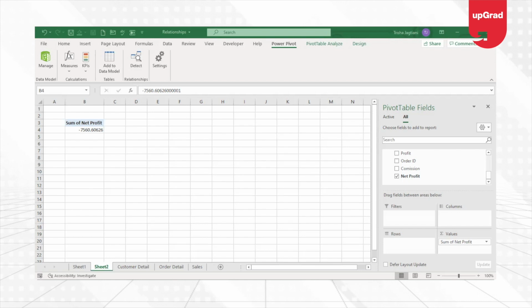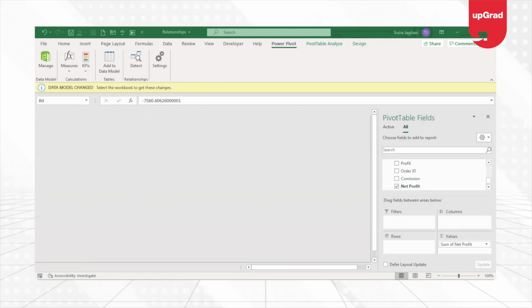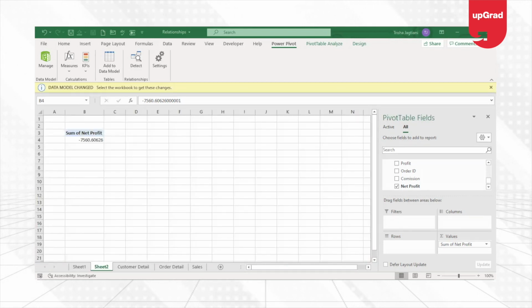If I press enter now, what it is doing is it is creating a measure for me. You will see down here, and you can see that the measure is already created, which is called sum net profit. I can just call it total net profit or something which is easier to understand. Now that I have got the net profit or the net loss, whatever the amount is,